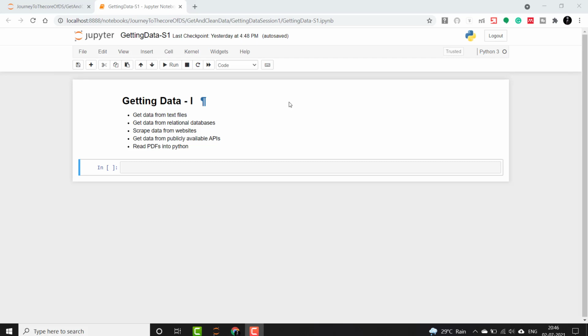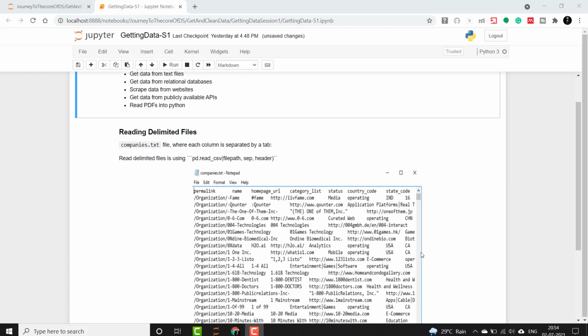In this process, we will also learn how to deal with nuances that inevitably come with getting data from various sources. Now first we will see reading delimited files. Delimited files are usually text files where columns are separated by delimiters such as commas, tabs, and semicolons, etc., and each new line is a row.